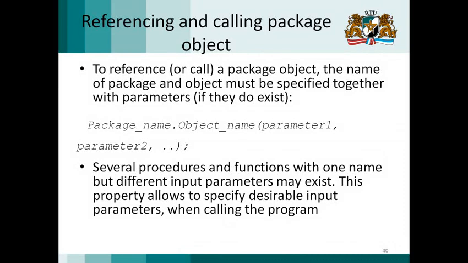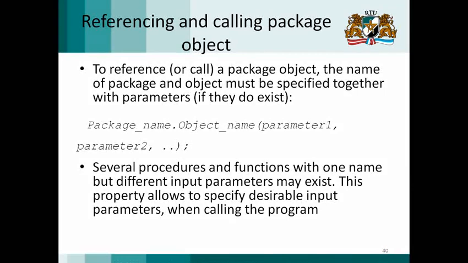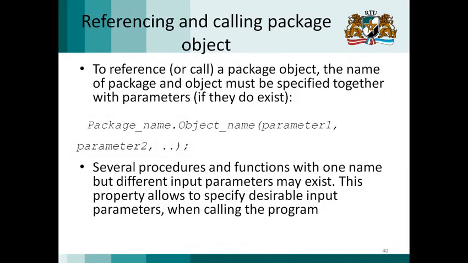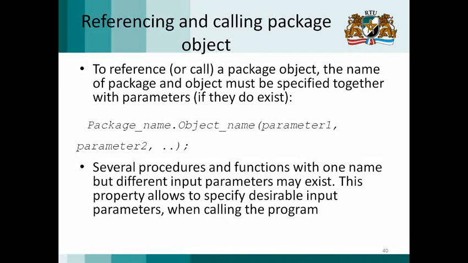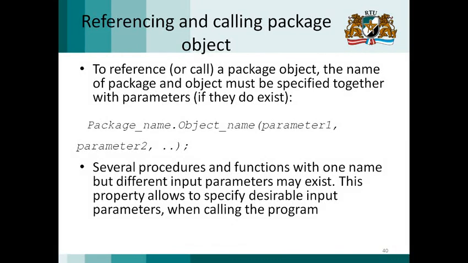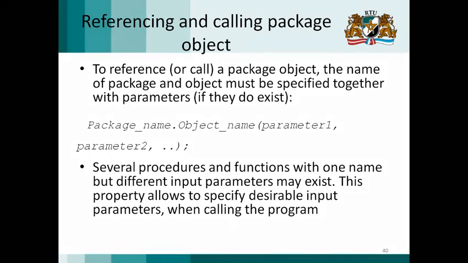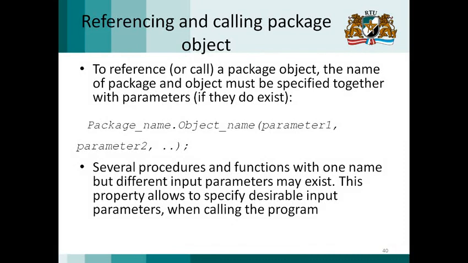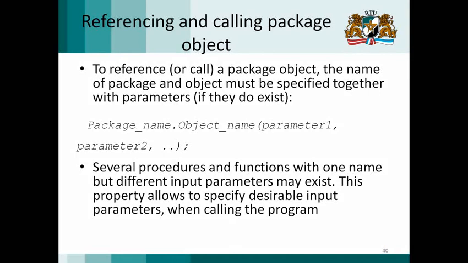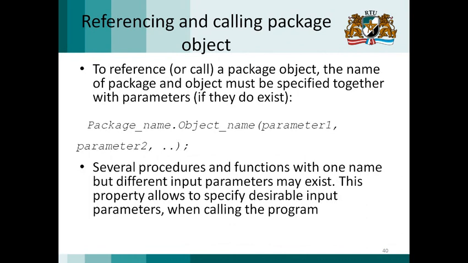If we have created some functions or procedures in a package object, then we must also have a way to reference it. And in this case, the name of package and object must be specified together with parameters if they do exist using this point syntax. For example, if I have package with name package name and object with name object name, then we would have such syntax to reference this particular object. In this case, it will be procedure, because we have not assigned this value to any other variable. So in this case, this will be package, this will be procedure, and